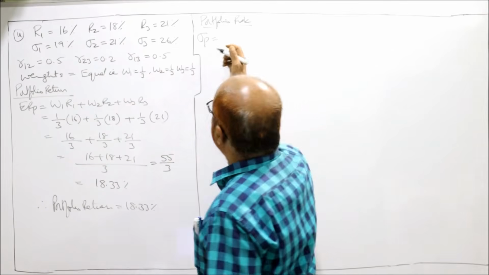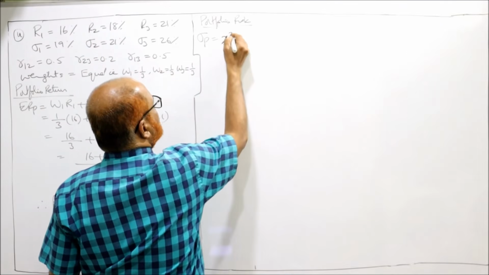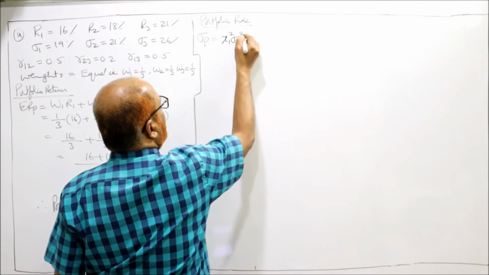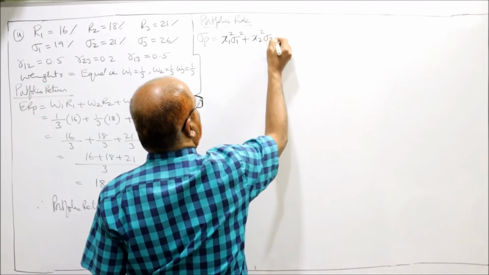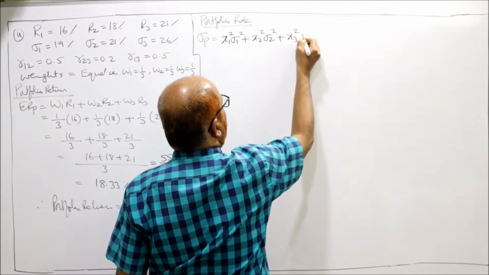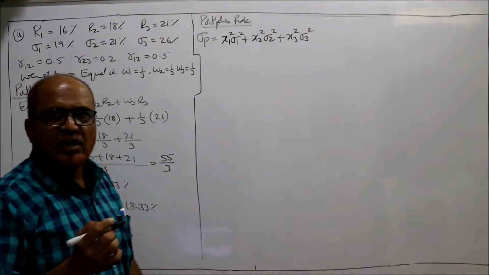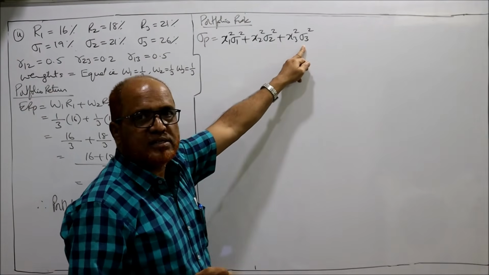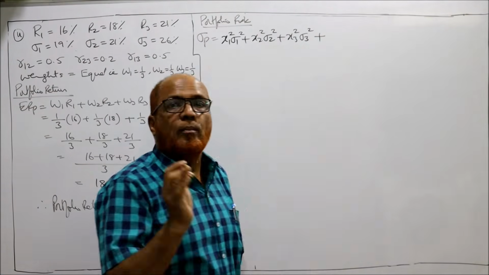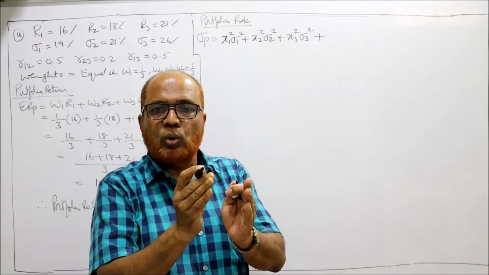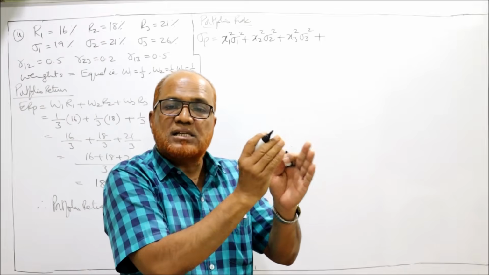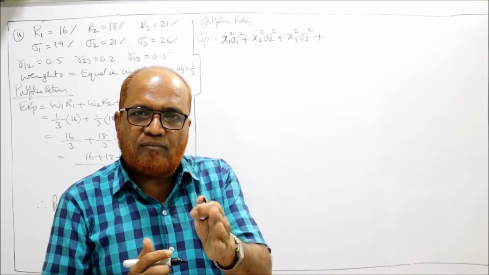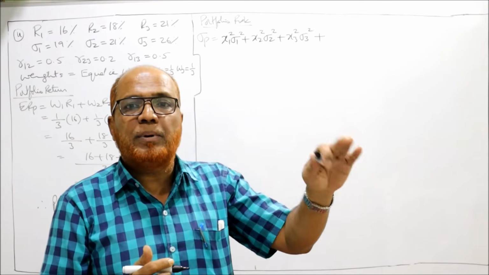फॉर्मूला. तो सिग्मा पी इज इक्वल टू, सी केयरफुली, x1 स्क्वायर सिग्मा 1 स्क्वायर प्लस x2 स्क्वायर सिग्मा 2 स्क्वायर प्लस x3 स्क्वायर सिग्मा 3 स्क्वायर. तो 3 सिक्योरिटी है, तो तीनों के लिए x1 स्क्वायर सिग्मा 1 स्क्वायर, x2 स्क्वायर सिग्मा 2 स्क्वायर, x3 स्क्वायर सिग्मा 3 स्क्वायर. प्लस नाउ वी विल मेक ए कॉम्बिनेशन ऑफ 1 and 2, 2 and 3 एंड लास्टली 1 and 3. दो का कॉम्बिनेशन लेना है हमको, 3 सिक्योरिटी में से दो का कॉम्बिनेशन. तो पहले 1 and 2 का लेंगे, फिर 2 and 3 का लेंगे, फिर 1 and 3 का लेंगे.